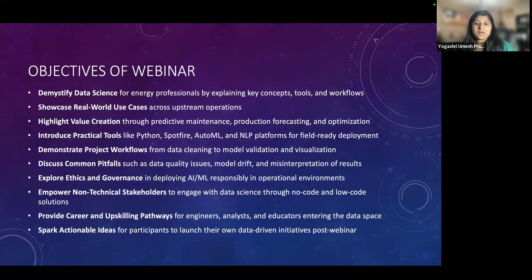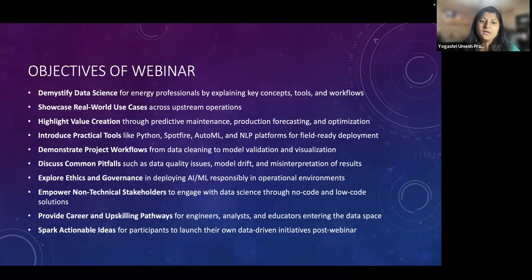Provide career and upskilling pathways: what are some career pathways you can have in an oil and gas career with data science in your toolbox? And then, of course, I hope this sparks some creativity or inspiration in you to have your own data science initiative in oil and gas.